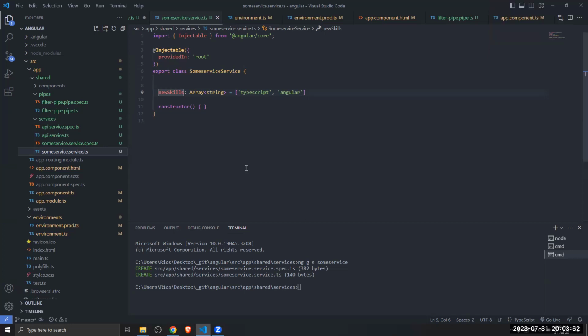What are the asynchronous operations? Asynchronous operation means we can